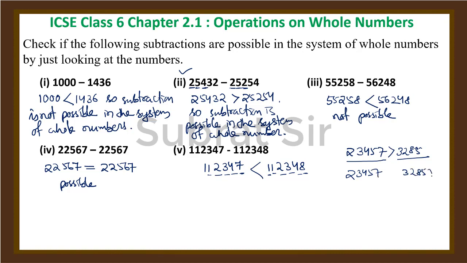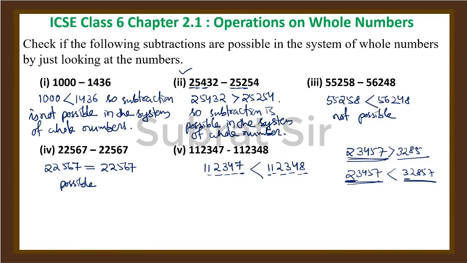We will take another example. 32857. In this case here also 5 digits and here also 5 digits. So how to know which one is greater? Take the leftmost digit. Here it is 2, here it is 3. So the second number is greater than the first number, or we can say the first number is less than the second number. If the digits of both the numbers are same and the leftmost is smaller, then that complete number will be smaller. Here 5 digits, here 5 digits, and 2 is smaller than 3. So this complete number is smaller than the other.